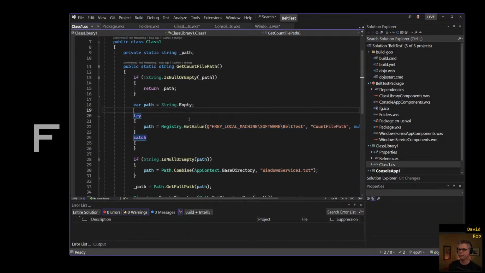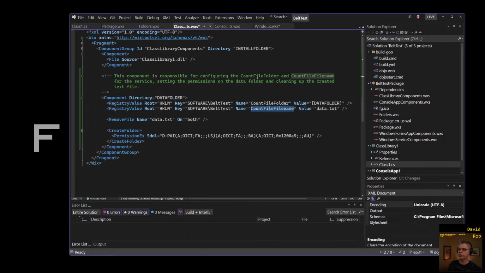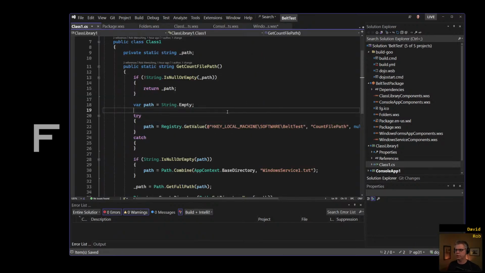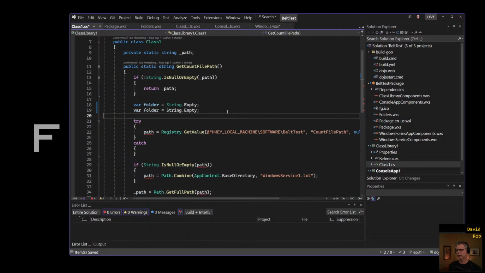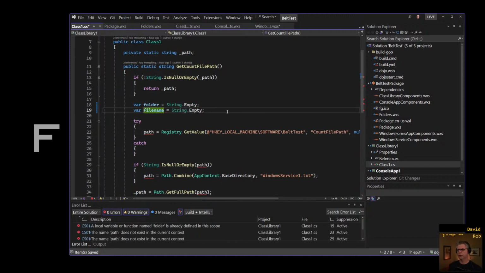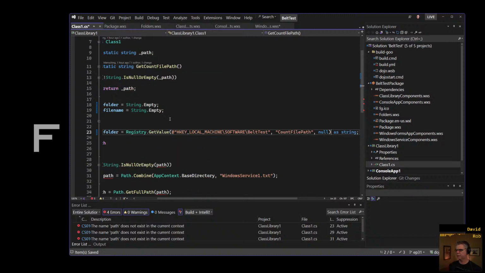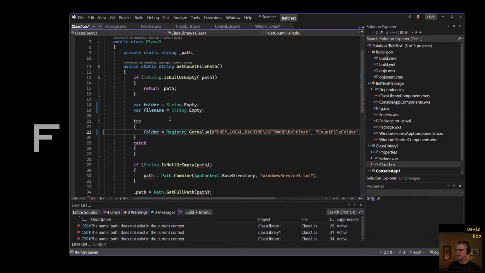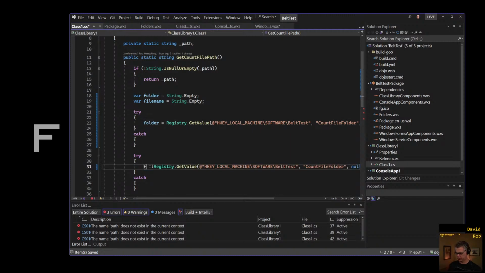All right. I want to change it. So if I change this code right now and check in, we're busted, right? It's not going to be working correctly because these two registry keys here do not match what the code expects. All right. So let's go update the code. So how do I want to do this? There's so many different ways I could do this. I think I'm just going to do folder and file name. Yeah. All right. And then I'm going to say, this isn't perfectly clean, but it's all right for what we're doing here. Nobody's critiquing my C# that much, I hope. They're mostly just focused on the setup code.